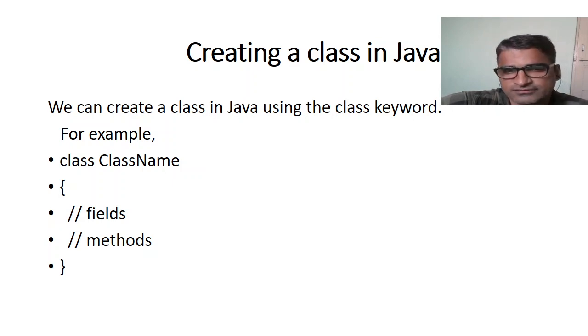Creating a class in Java is very easy. All we need is the keyword class followed by a class name. The class name we can give anything, it depends on the programmer, but we need to make sure that the keyword class is written first, followed by the class name. Once we define a valid class name, we include the fields and methods. As I told earlier, fields are nothing but objects which are used to store the data values, and methods are going to implement various operations on objects.